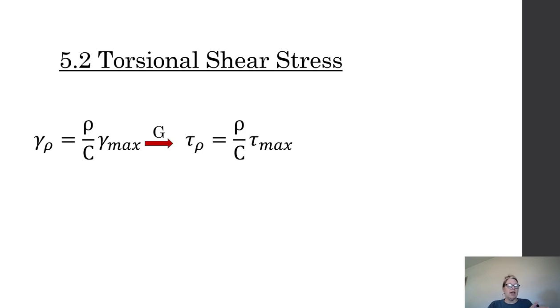So our shear stress also varies linearly from the center to the outside fiber. When rho is 0, right at the center, we don't have any stress. As we increase rho to the radius, that's where our maximum stress is, but we can see it's a linear